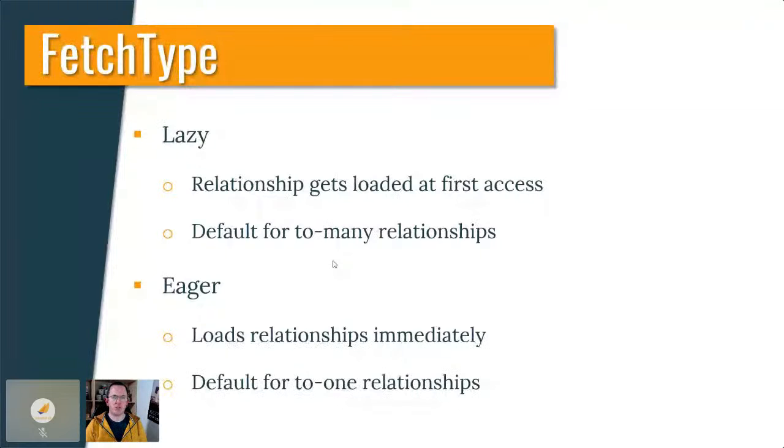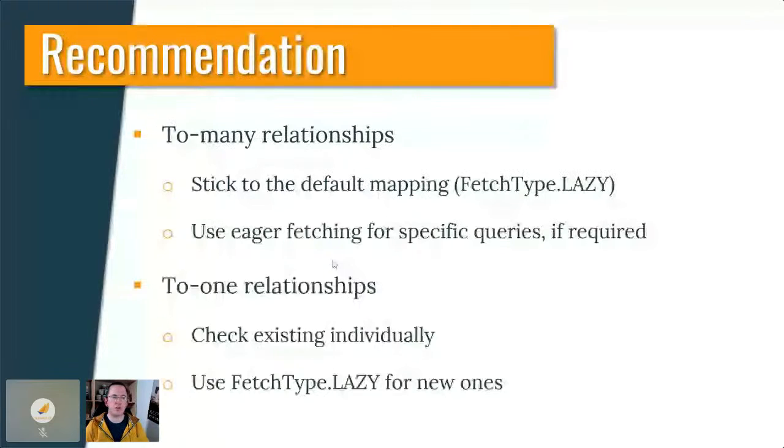Eager usually triggers additional queries, and it does that all the time. So all the time when you're loading these entities, even if you're not using the association in your business code, which is pretty unfortunate. So my recommendation is to use lazy fetching for all to-many associations because it's the default there and it's the most efficient approach. I will show you in a few seconds after I answer Clement's question from the chat